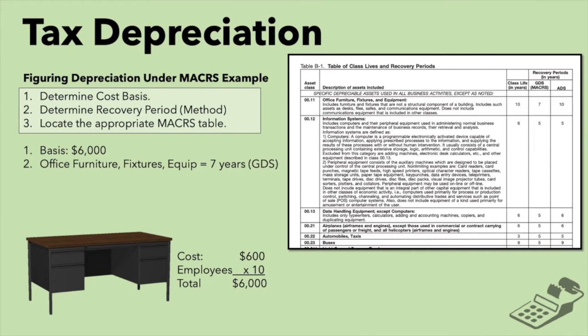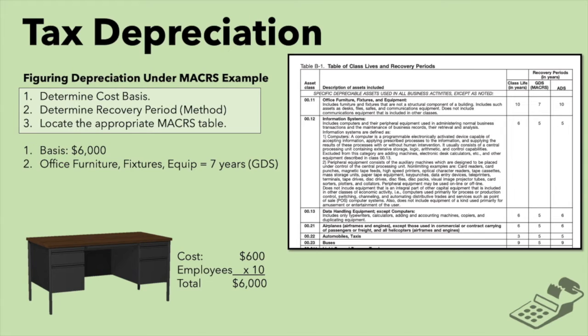And so if we look at the table of class lives and recovery periods, Table B1 from Publication 946, we see here that office furniture, fixtures, and equipment, the first row, includes furniture and fixtures that are not a structural component of a building, includes such assets as desks, files, safes, and communications equipment. Does not include communications equipment that is included in other classes. So under GDS, MACRS, the second column from the right, you see that our useful life recovery period is 7